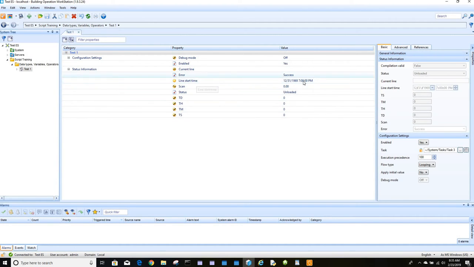We have got a line start time, we've got a scan time, we've got the status of the program. This is time in days, time in hours, time in minutes, and time in seconds. And essentially these variables, when they are declared, they don't need to be declared because they are part of the program, but when they are used, when they're called and queried for their current value,